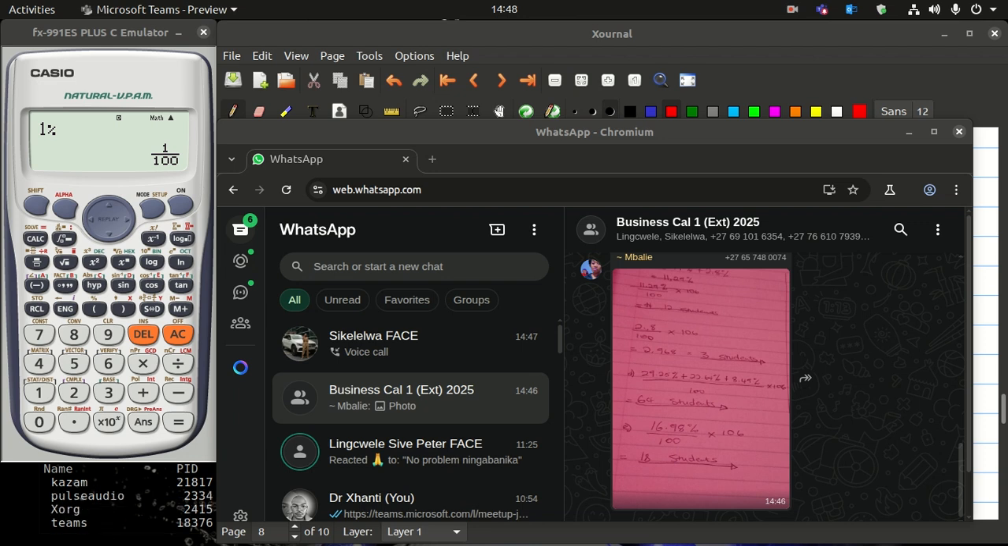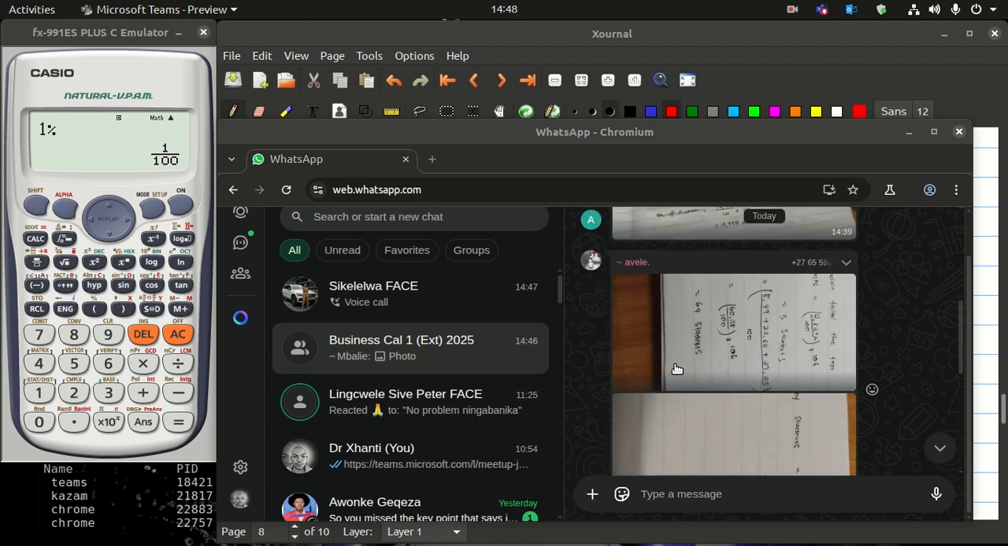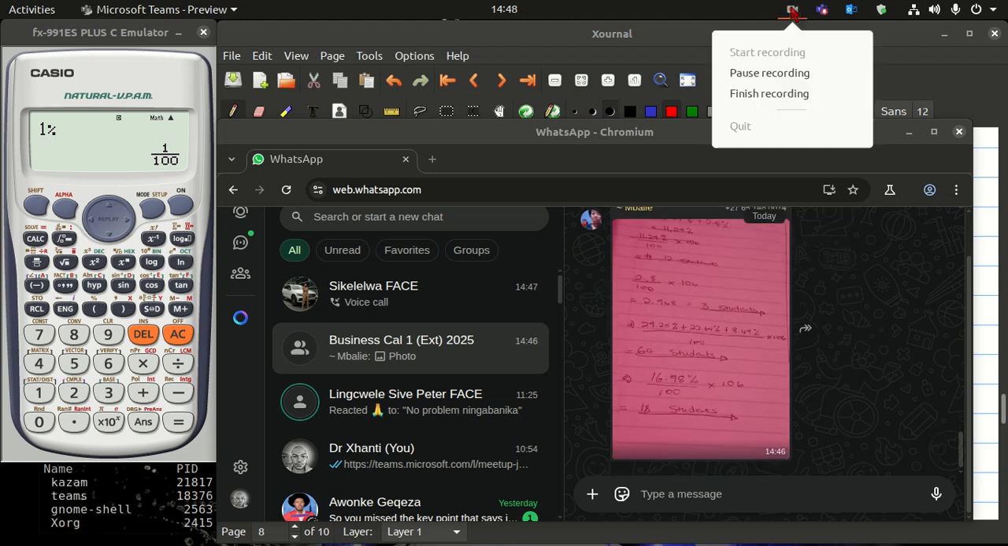Since there are still students who might not come and collect their scripts, I think it is